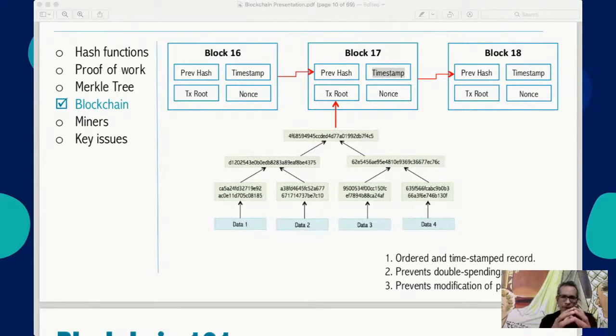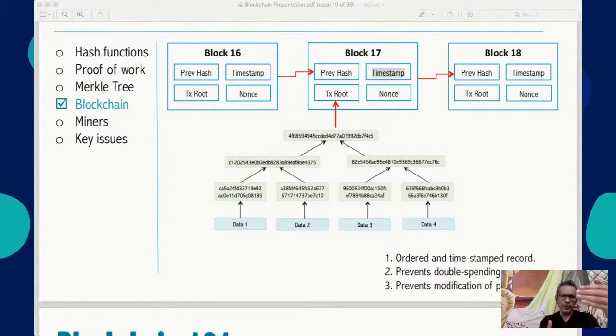Then the whole memory pool is going to be analyzed by different miners, all of whom are running these powerful machines. I'm simplifying it down a little bit, not being 100% accurate, but to understand what it means. All the miners pick up these transactions, calculate all these hashes, and then quickly try to calculate the nonce. The first guy who succeeds immediately broadcasts the nonce onto the blockchain, and everybody else can see it.